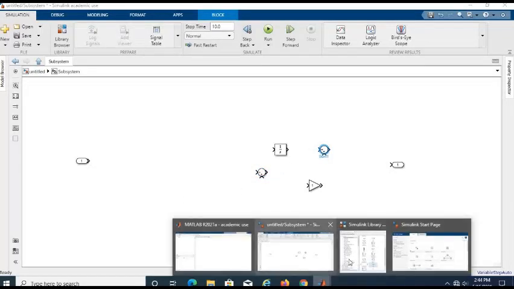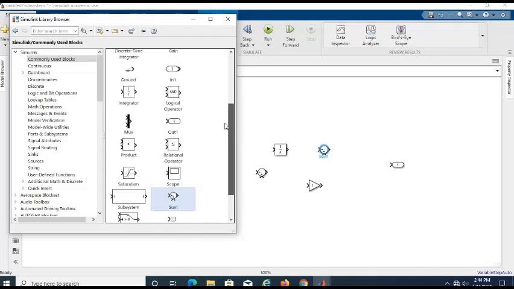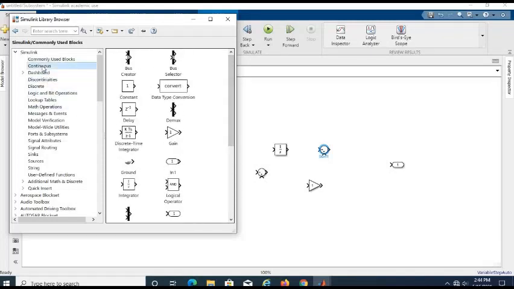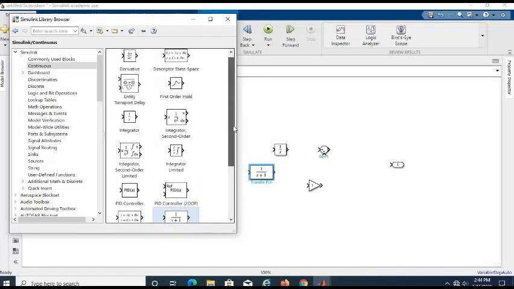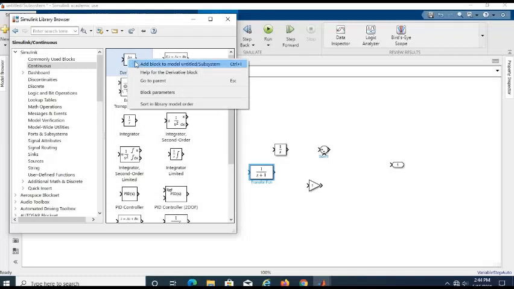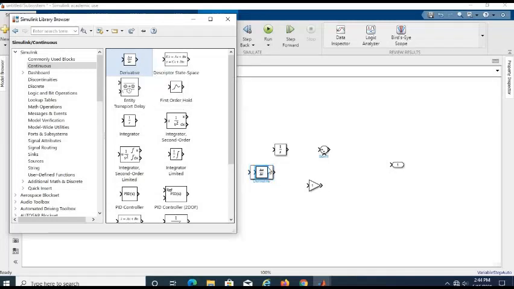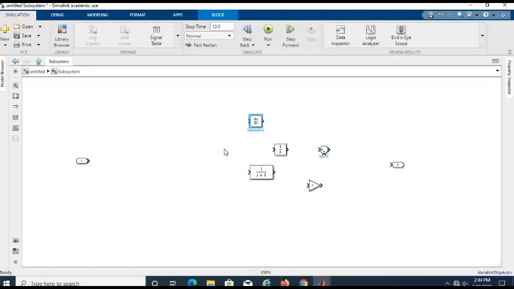Okay, next we also need a transfer function. Transfer function, I think it is here. Okay, this is the transfer function. And then we also need an integrator or differentiator. If differential, it means s, yeah, d per dt is equal to s in Laplace. Okay, I think that is enough.